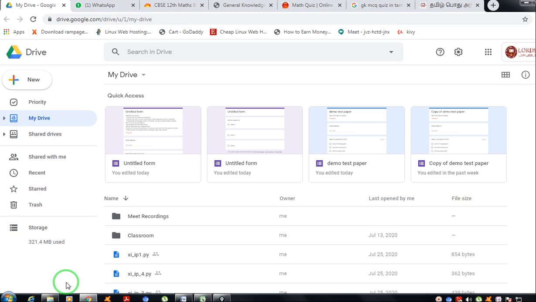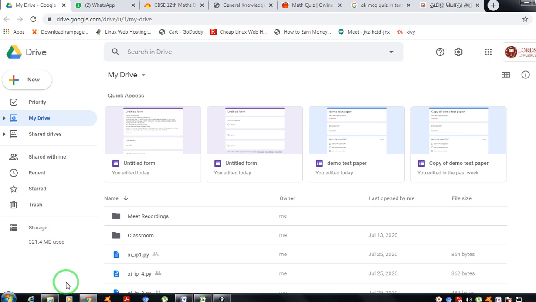Now suppose you want to create MCQ based question in Tamil, Malayalam, Gujarati. It is very difficult for you to type, or in Sanskrit or Hindi. So what you will do, that I will be telling you, and the steps are very simple. You can easily create MCQ based questions by using this method.